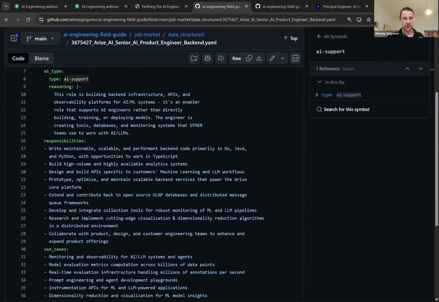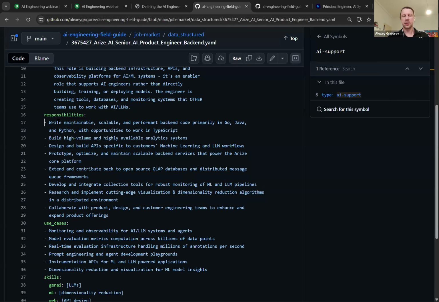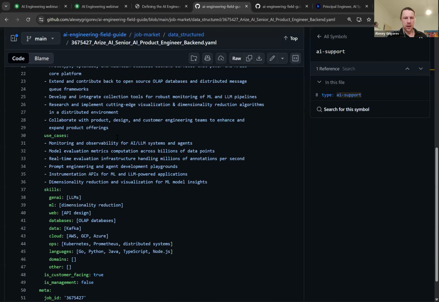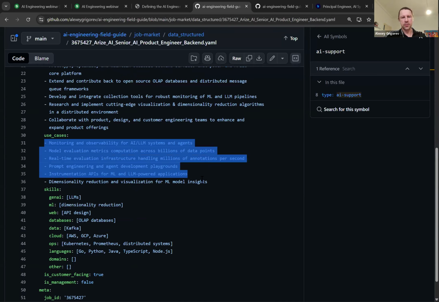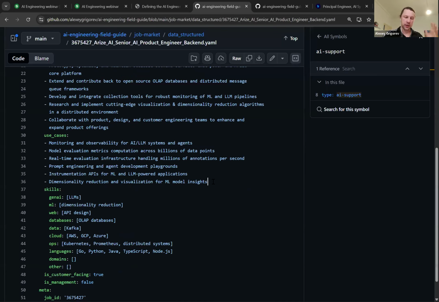Then I extracted responsibilities as a nice list. There was a large description, and instead of just using it, we clearly see the responsibilities. And use cases, this is also quite interesting: how exactly is this company, in this particular team, using AI? What are they doing?